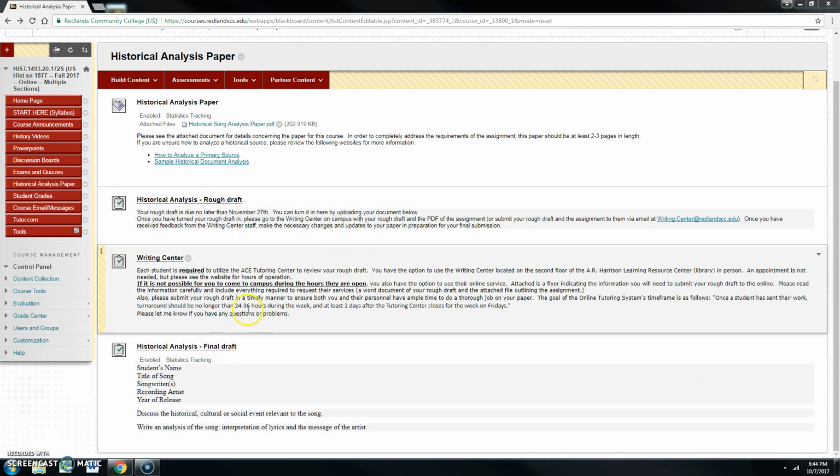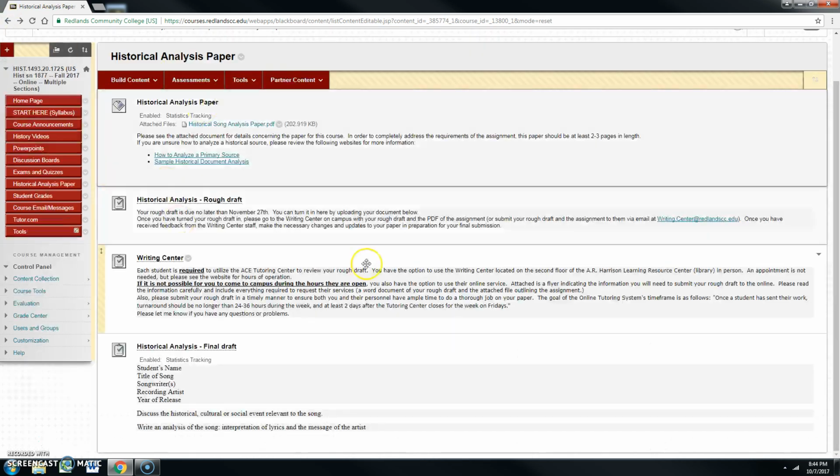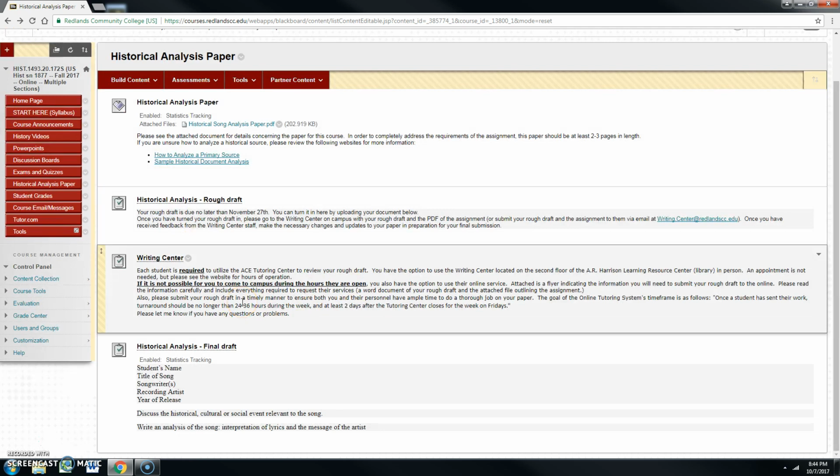Once that is done, you can go into this, and if you email this to them, they will email you back, and you can upload into this assignment your feedback from them. It will be obvious how they edit it and send it back to you. Once you do that, then you are ready to make the changes that they suggest if you deem them as necessary.